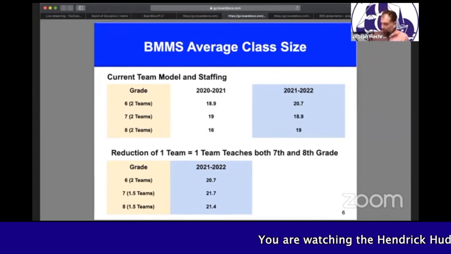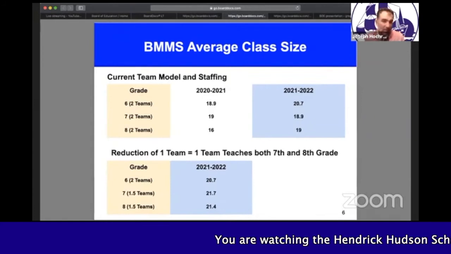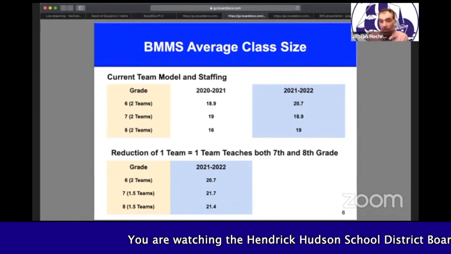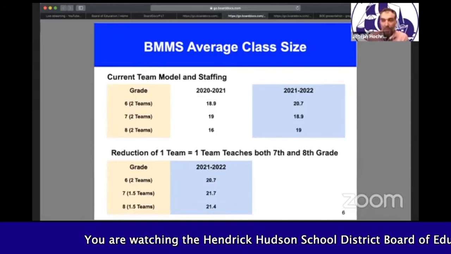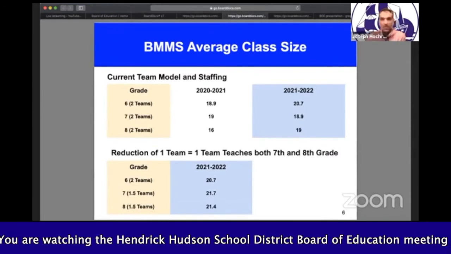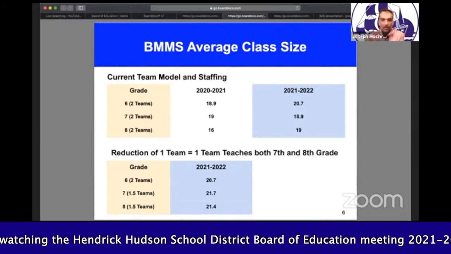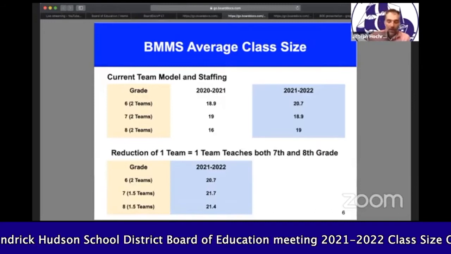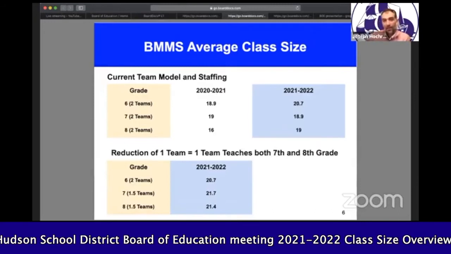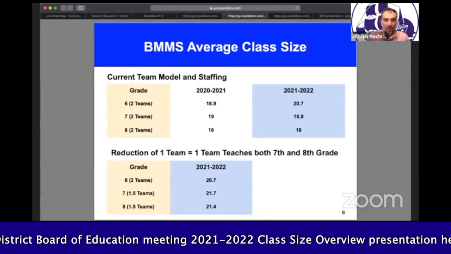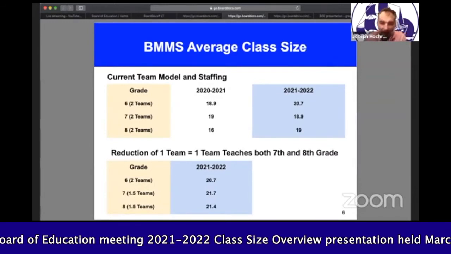Some of you may be asking, well, what about high school? High school is a little different animal. And the reason is because the kids self-select what courses they would like. And that's a really, really good thing. It gives our high school kids ownership. There's a course catalog. They meet with their counselor. They pick what they enjoy and what they want to do. The issue is that giving about 750 high school students choice in building their schedule takes a really, really long time.